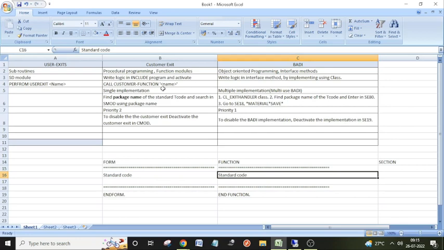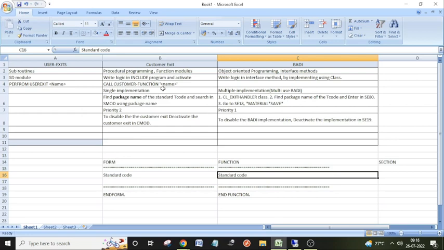What are the different objects you can enhance with custom logic? You can enhance standard programs, standard function modules, standard class methods, right? You can add your custom logic. If it is a standard program, SAP has already provided customer exits and BAdIs, right? For a few function modules also, SAP has provided customer exits to add the additional functionality,